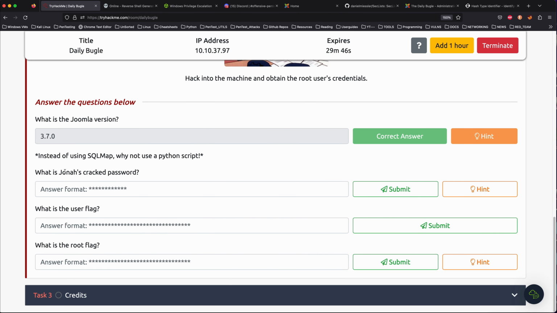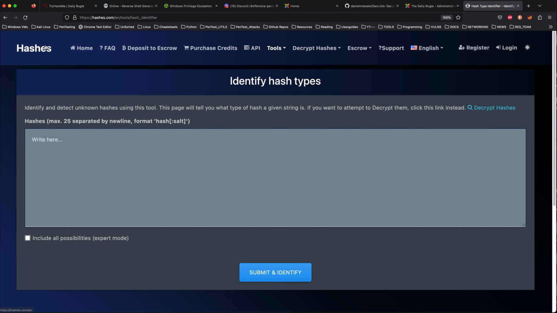तो अब ये जो है जोना का क्रैक्ड पासवर्ड जो है हमसे मांग रहा है, but we have the hash. तो वैसे तो आप जॉन द रिपर इस्तेमाल कर सकते हैं इसको क्रैक करने के लिए। अब वीडियो जो है वो काफ़ी लंबी हो गई है, so that's why I am not using John the Ripper. तो उसके लिए हमारे पास एक अल्टरनेटिव है। ये एक वेबसाइट है, इसका नाम है hashes.com, और ये जो है हैश की टाइप आइडेंटिफाई करके हमें बताती है।